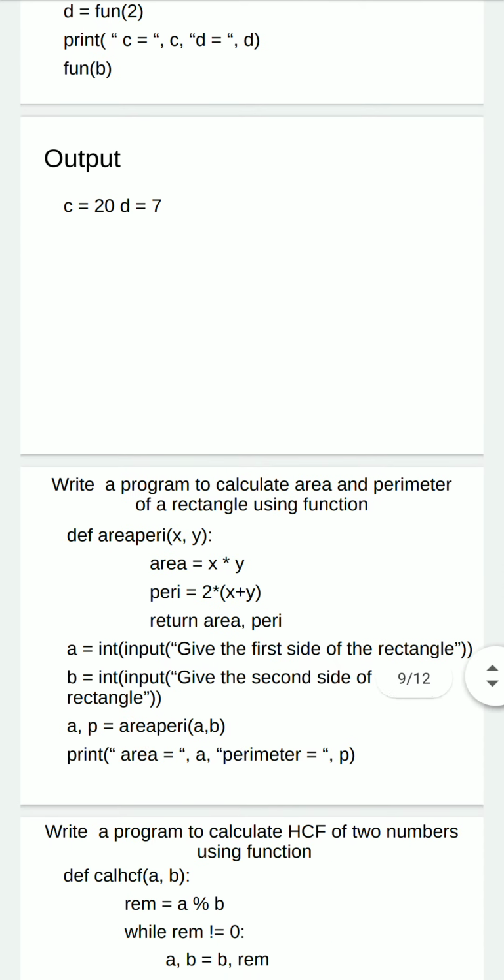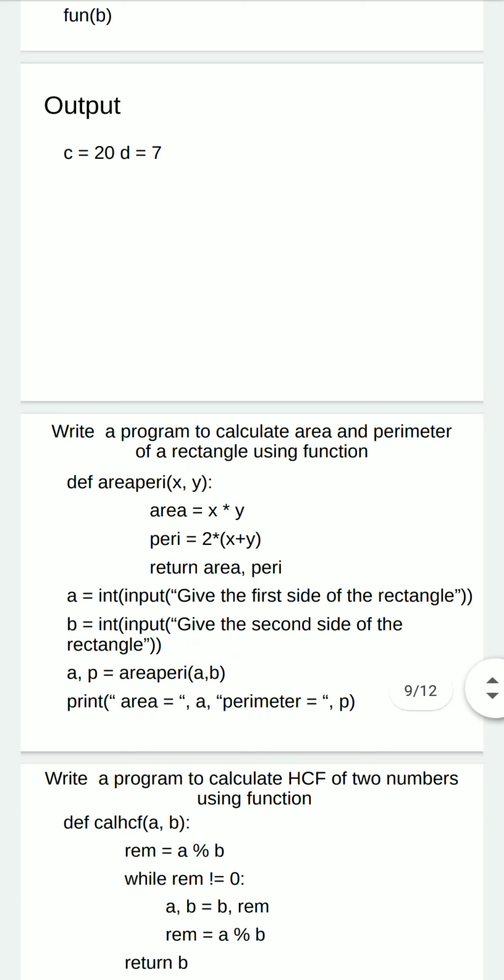Next, we have to write a program to calculate the area and perimeter of a rectangle using a function. For it, we have defined a function area_peri, in which we have calculated area and perimeter, but we have not printed them here. Instead, we have returned the values of area and peri.